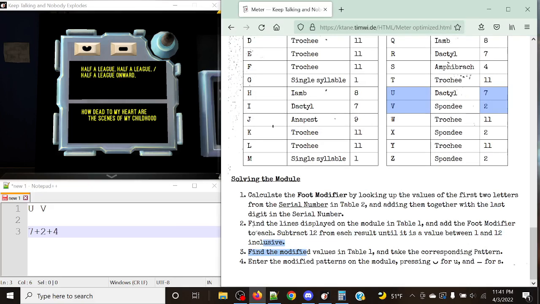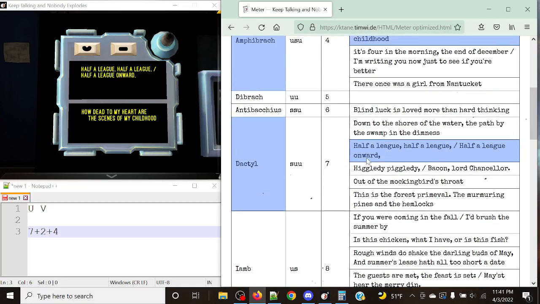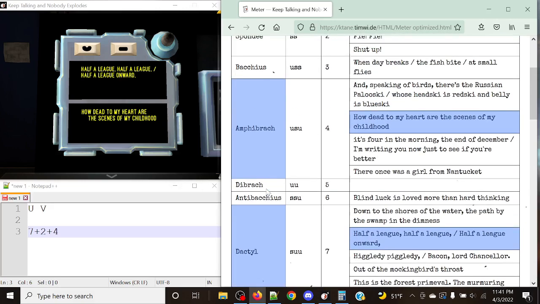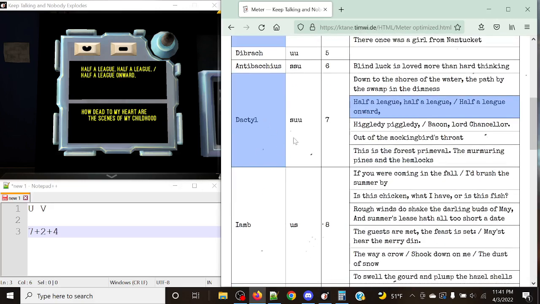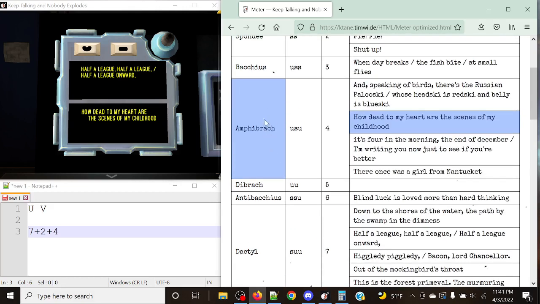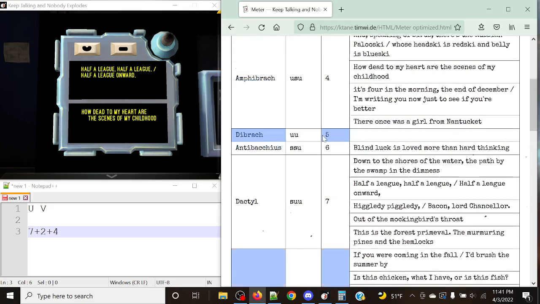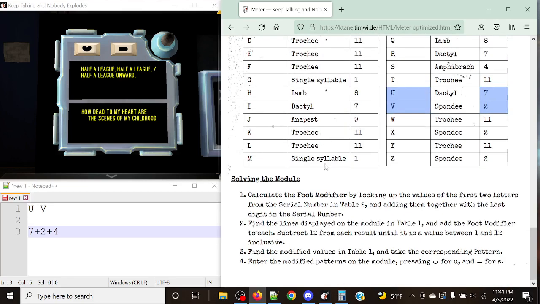So what this means is that we're going to essentially be taking each of our patterns that we had here, and we're going to be shifting them down by 1. So we're going down from dactyl to the iamb, in this case value 8, and from the amphibrach down to the dibrach, which is a value of 5. Makes sense. And now, with this in mind, we're going to find the modified values in table 1 and take